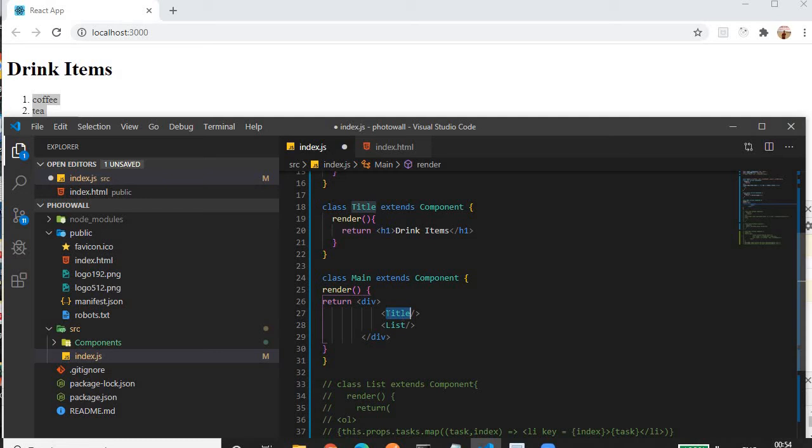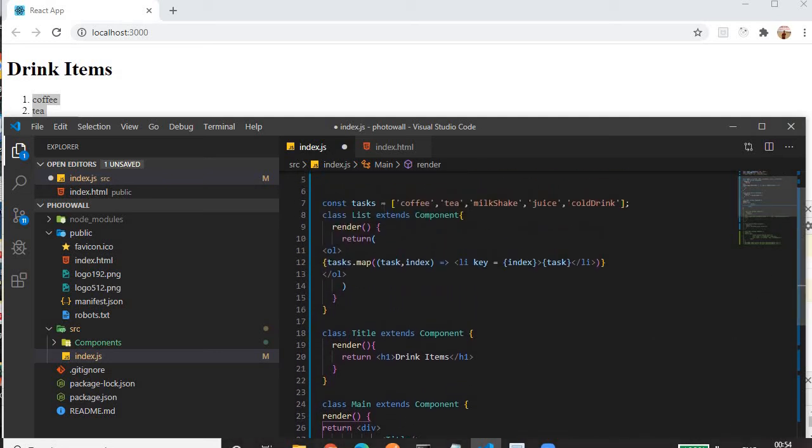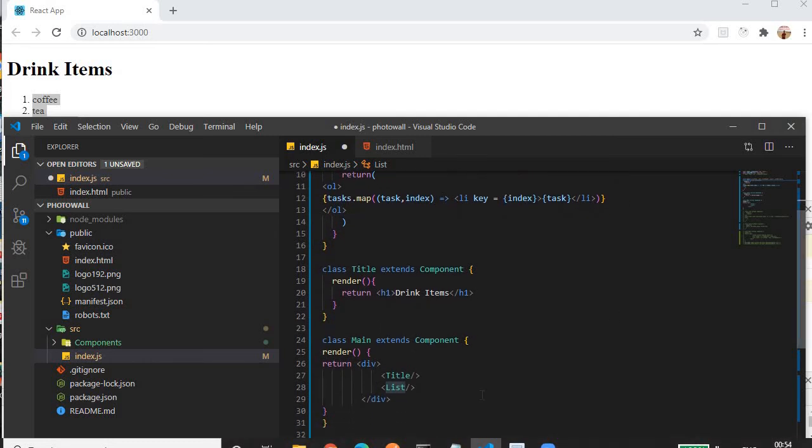So we have to open and close. Then List will also be the same as the class name. It is the selector for that class name, or we can say an instance of the class List. The Title is an instance of the Title class, and List is an instance of the List class. So Title is creating an h1 element and List is creating an ordered list.